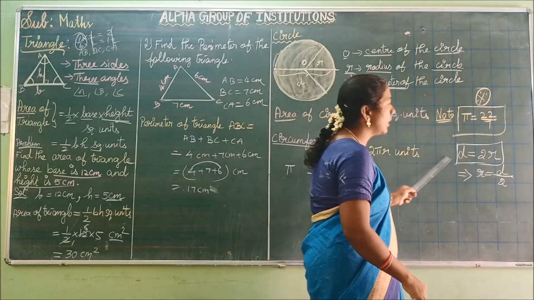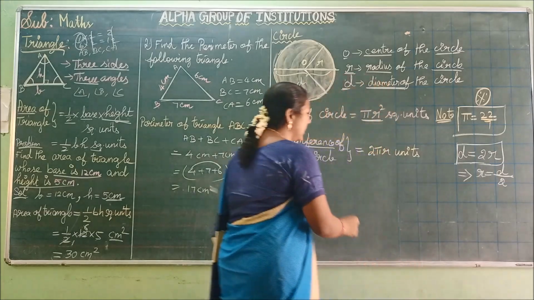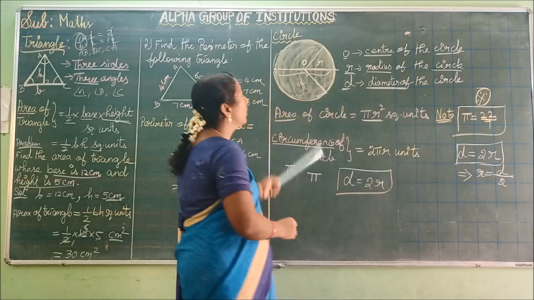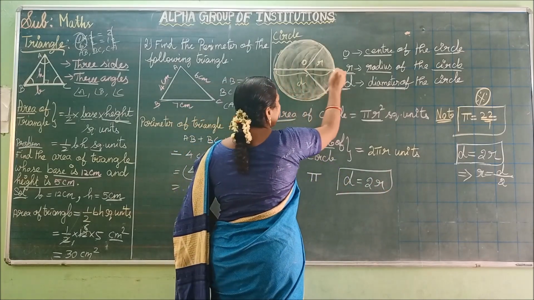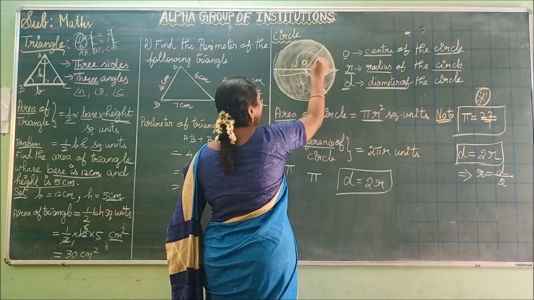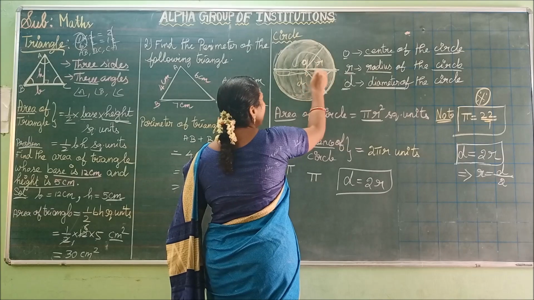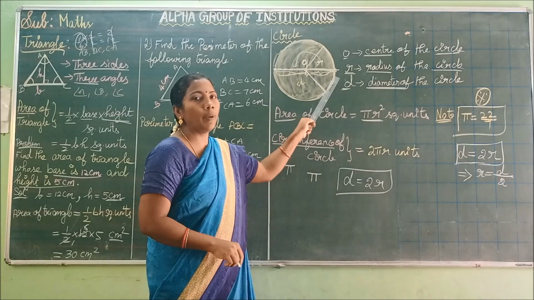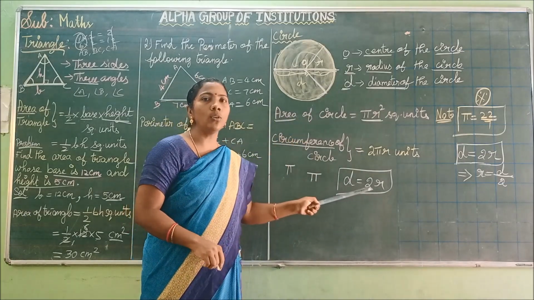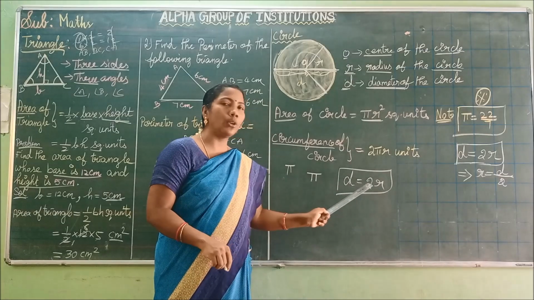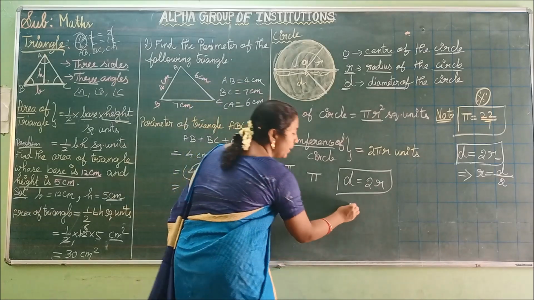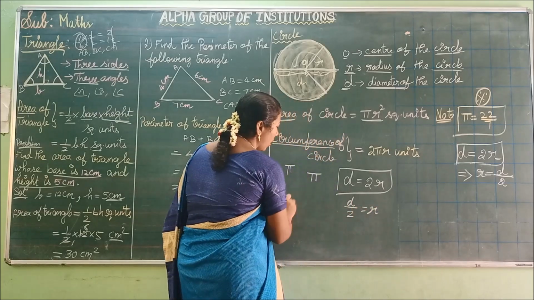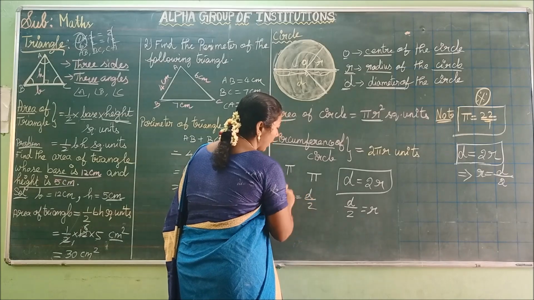Okay. Next, we are going to see the relation between diameter and radius. See here, diameter equal to 2r. Why are we writing like this? The measurement of the diameter we can easily get by adding the radius 2 times, because this is also a radius of the circle, and this is also a radius of the circle. By joining the two radii we get one diameter. That's why we write d equal to 2 times r, that is d equal to 2r. By dividing the diameter by 2, you get the value of r. So r equal to diameter by 2.